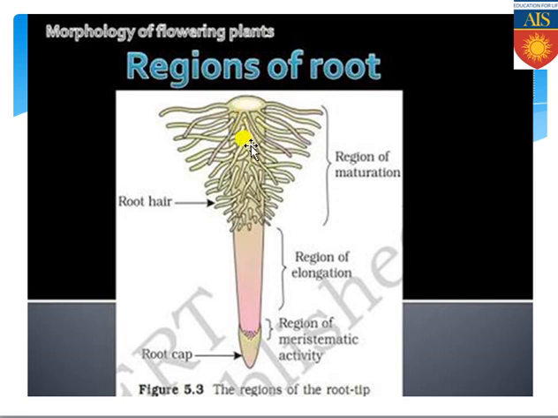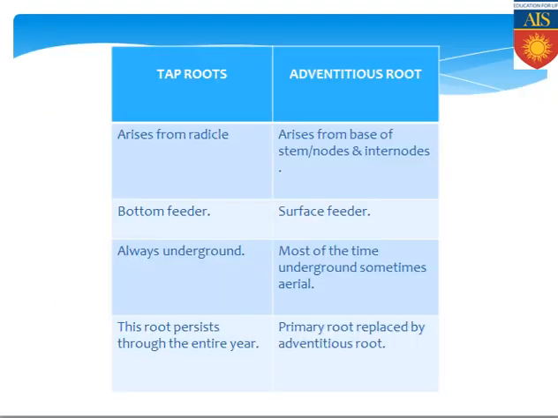Okay, so these are the 5 zones present throughout the length of the root from lower to upper direction. Now we will come to the next slide, where we can discuss the various types of roots. We have already told that there are 3 types of roots commonly found. One is taproot, second is fibrous root, and third is adventitious root. First of all, what is the taproot? Taproot is a type of root system where there is a primary root, and from it the secondary and tertiary roots and rootlets arise.